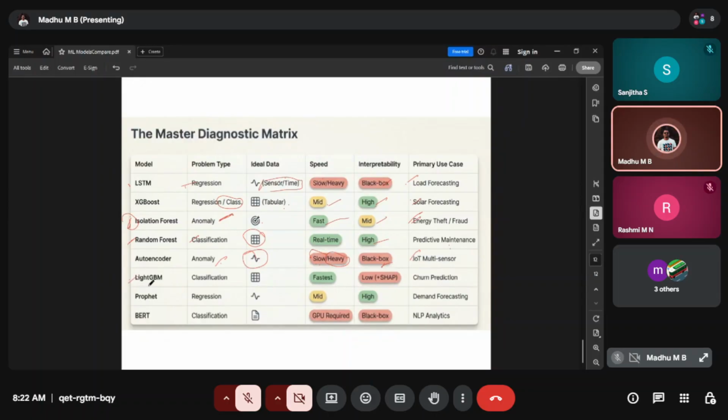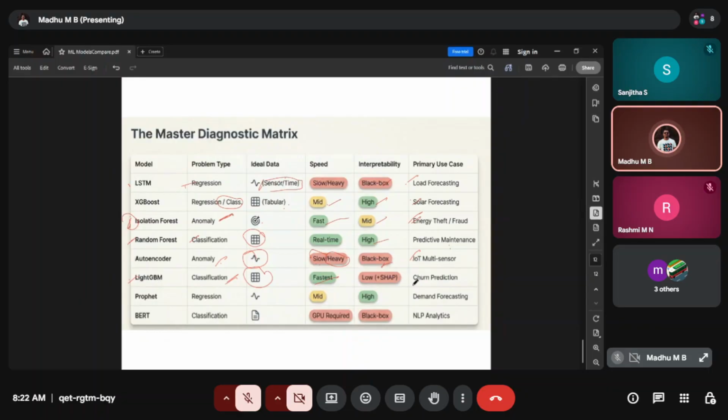Its primary use case is IoT multi-sensor data. The other one is LightGBM. Again, if we have any classification problem, we can use it, and the dataset is tabular and it is fast. Interpretability is low, but it should be okay.